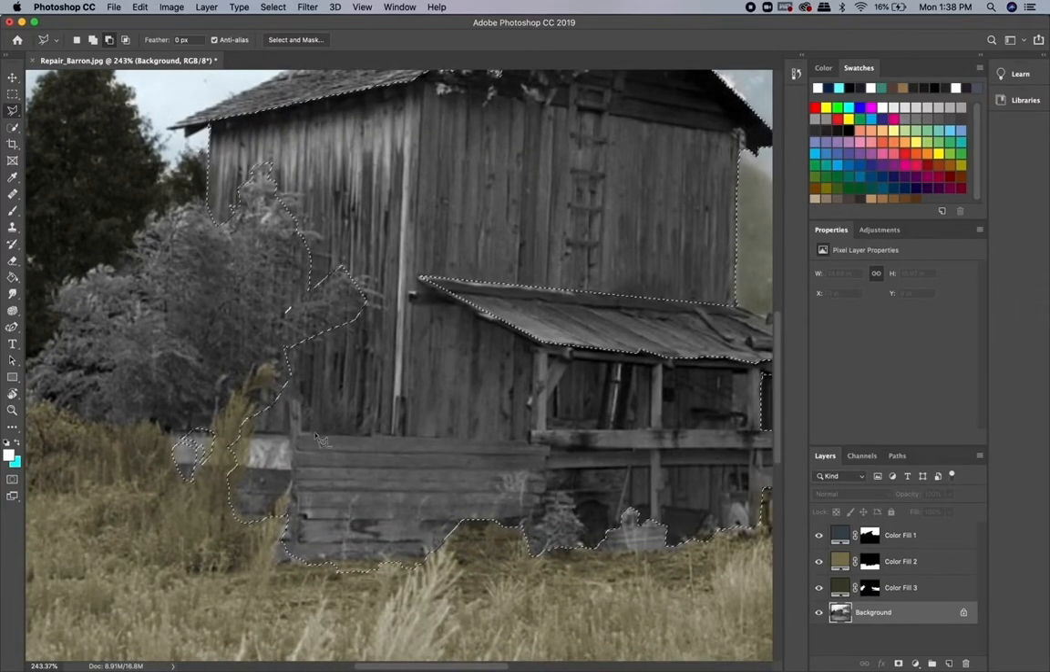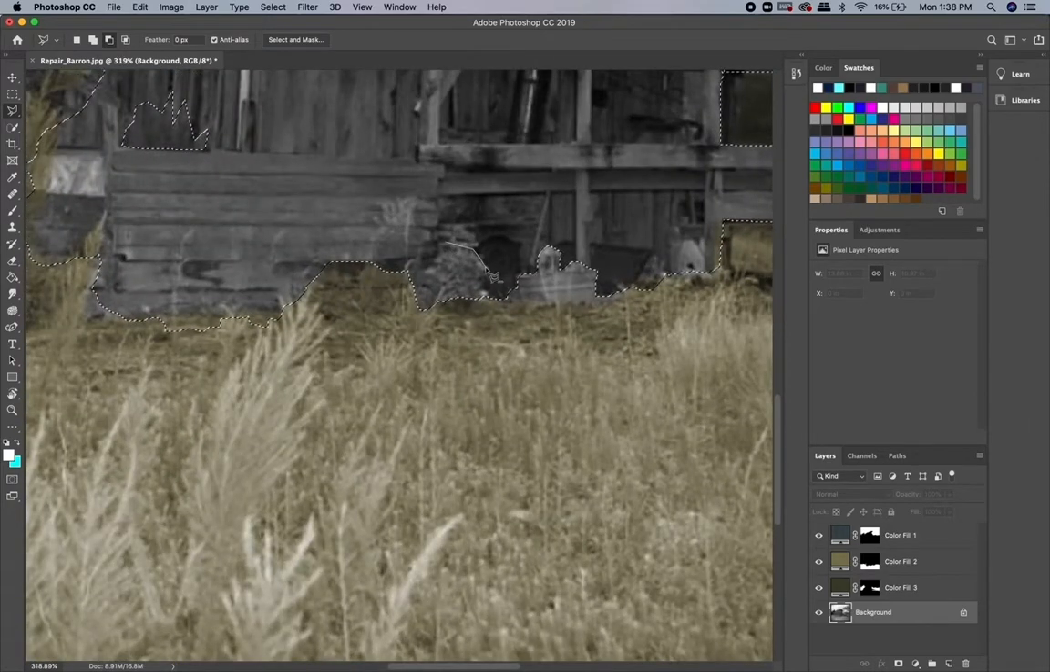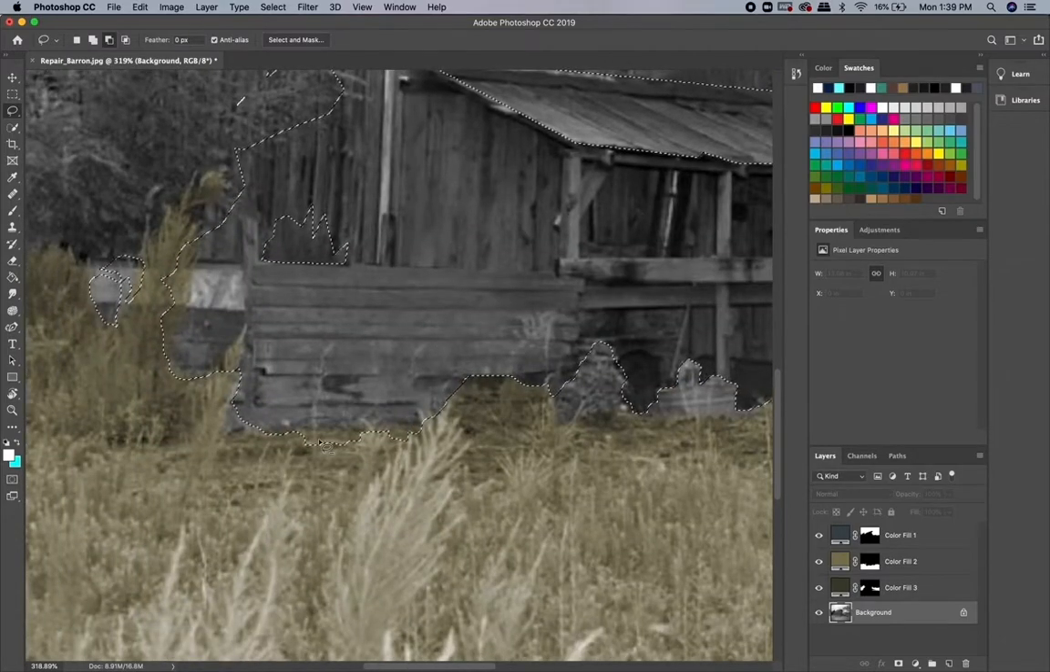So now that I have most of the picture colorized, I can go and add adjustment layers to change the hue, saturation, and any other aspects of the photo. So I just